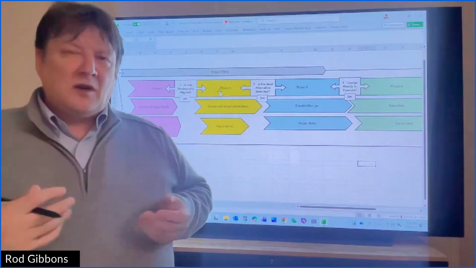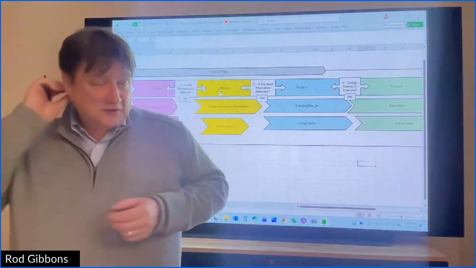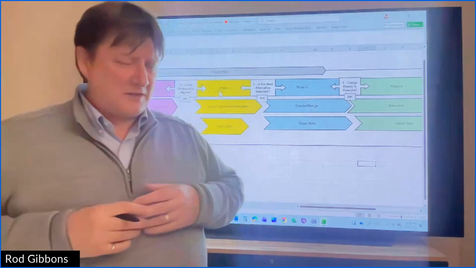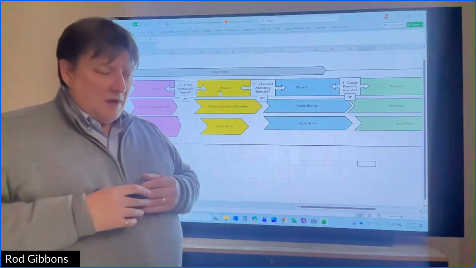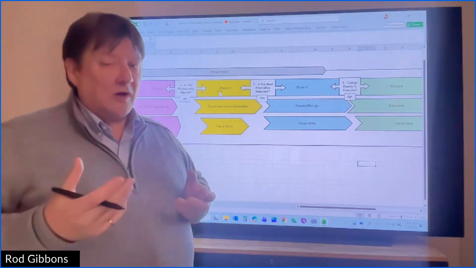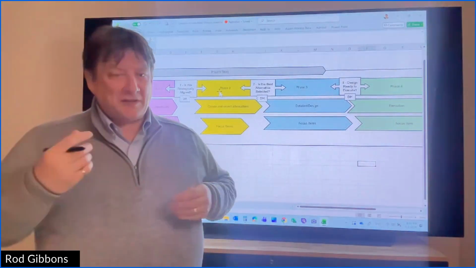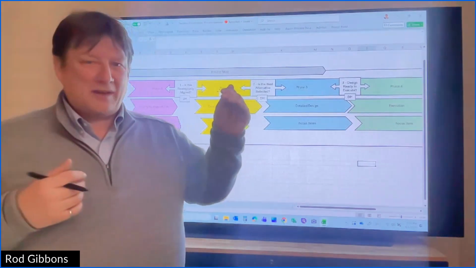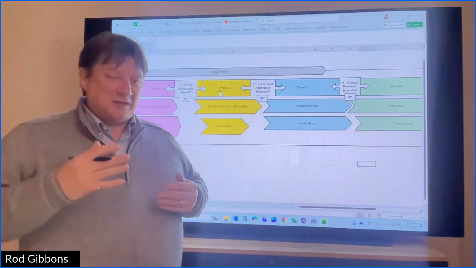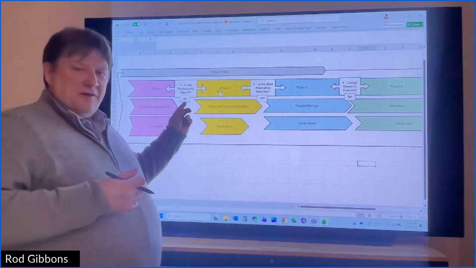So one of the mistakes I've seen people make a lot over the years, and I've been using some form of this in one way or the other since the 90s. One of the places where people get tripped up on projects a lot or on their work is who is the decision maker. Because sometimes people think they have more decision making power than they actually do, or sometimes it's been deferred, it's been delegated to somebody, but it's not clear. So identifying who the decision maker is